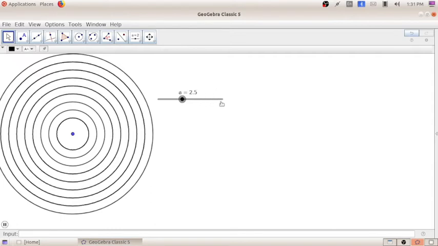Here it is given: to give animation to the objects in the GeoGebra window, right click on them and put a tick mark on animation on in the checkbox. You cannot give animation to all objects. Animation can be given to the objects that move in a fixed path, like a point on a circle or a line. Here the point is moving on the line.